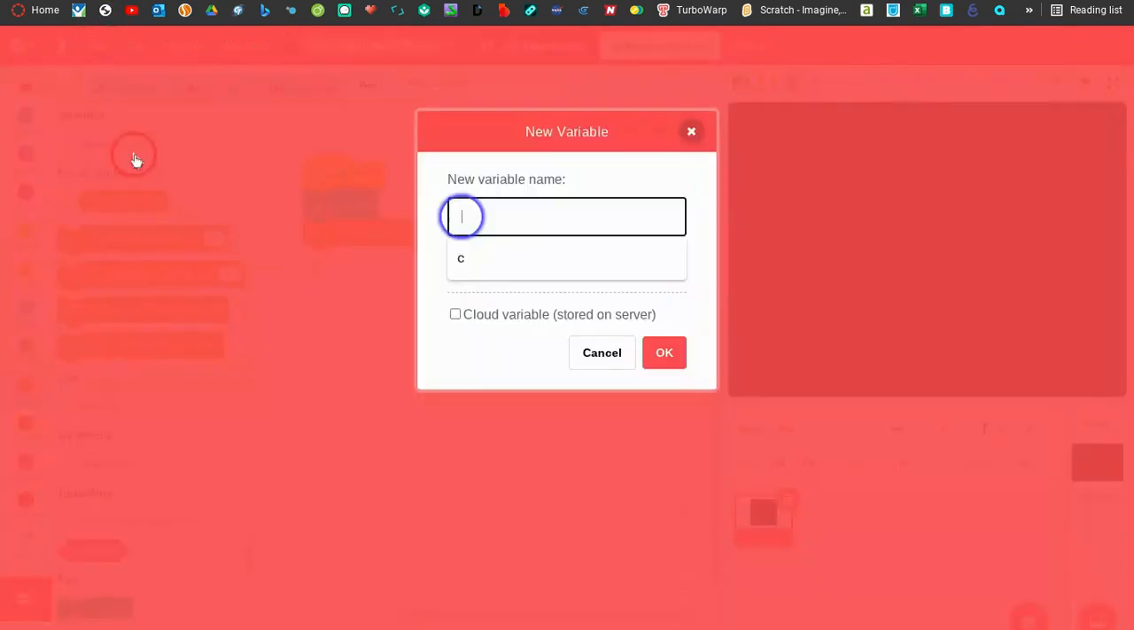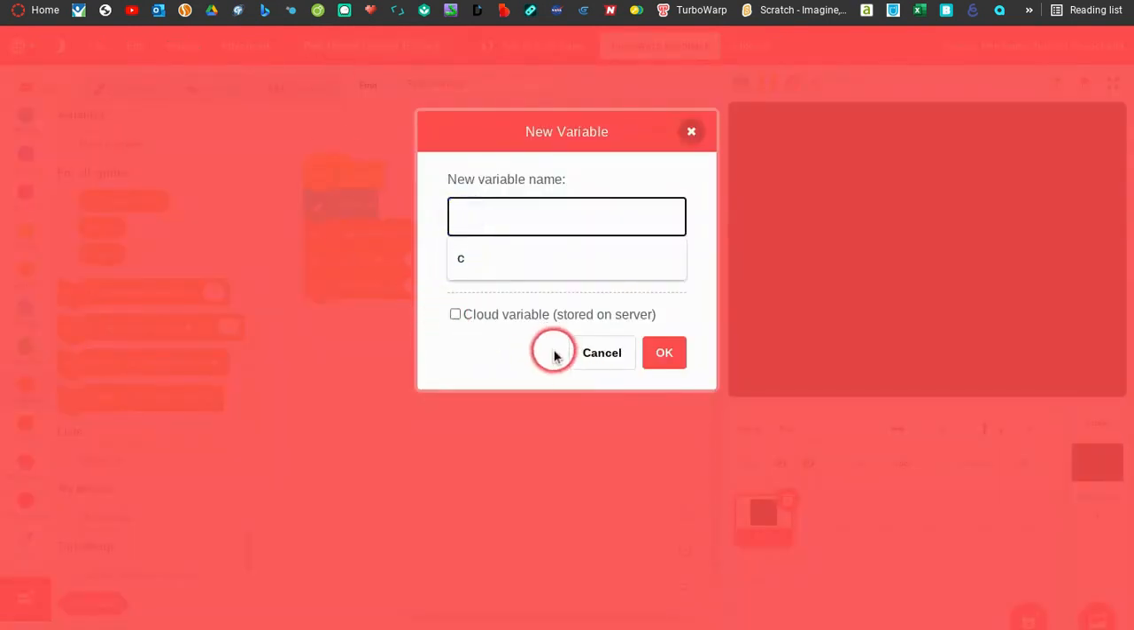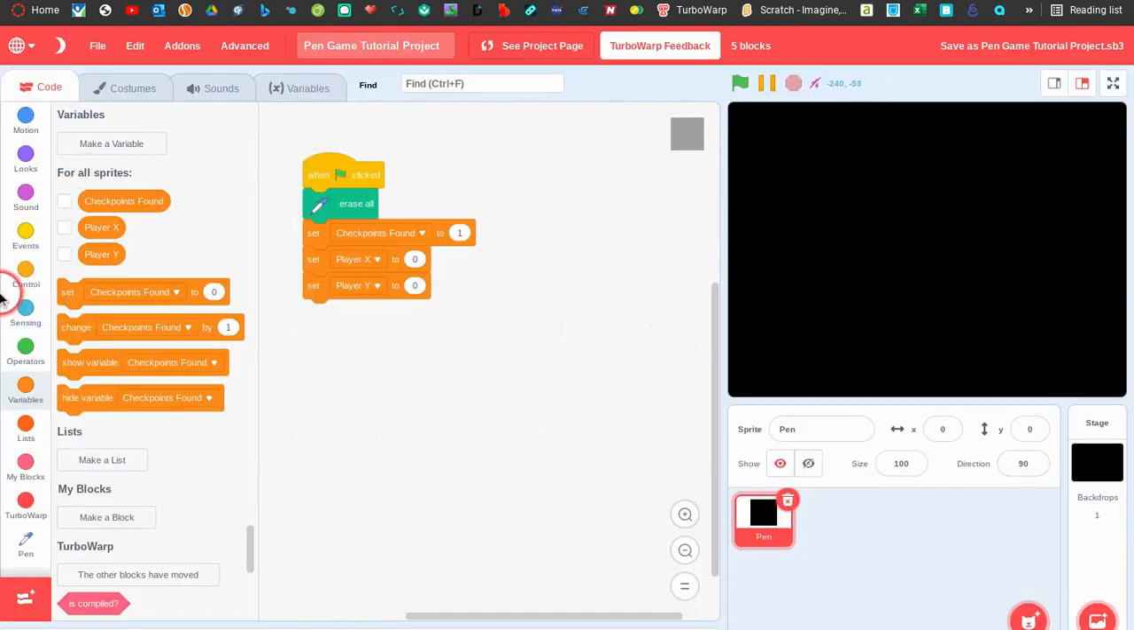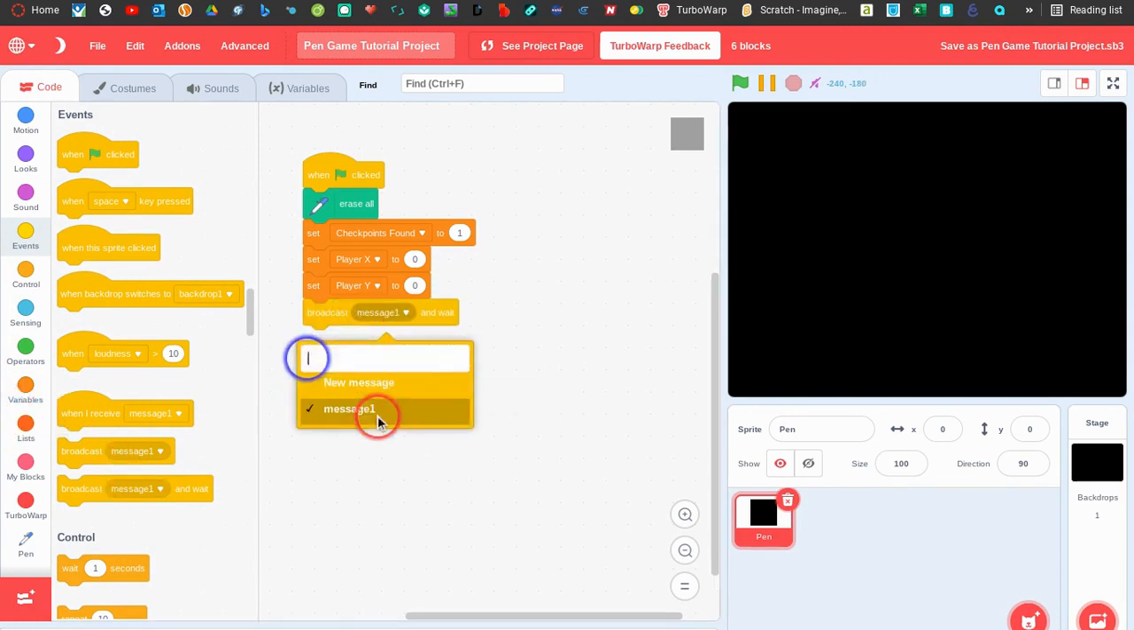And then we need a variable called player X and player Y. And we're just going to set those both to whatever you want to start. So I'm just going to say 0 and then 0 here. So then what we're going to do is broadcast a message called reset